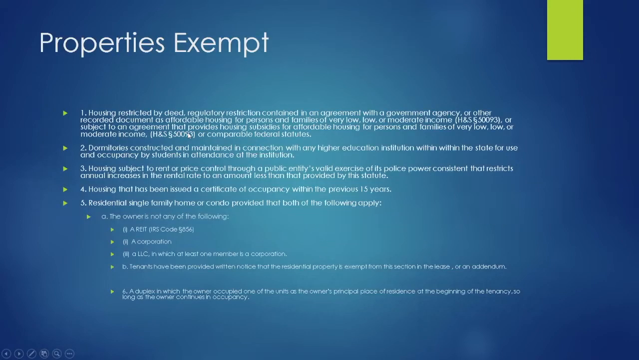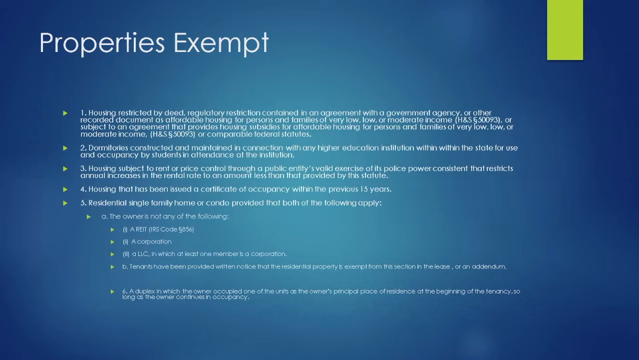Okay, properties that are exempt. Bear in mind, this is a different list. There is some overlap between the just cause versus the rent control portion, and here are the properties that are exempt in the rent control portion. One, housing restricted by deed, regulatory restriction contained in agreement with a government agency or other recorded document as affordable housing for persons and families of very low, low, or moderate income, or subject to an agreement that provides housing subsidies for affordable housing for persons and families of very low, low, or moderate income, or comparable federal statutes, same